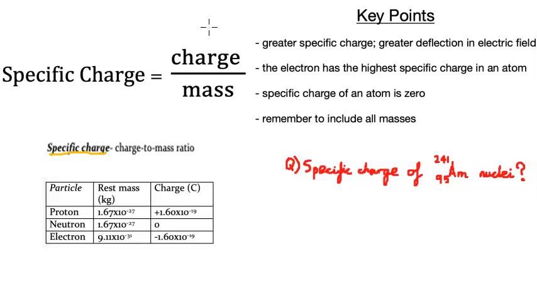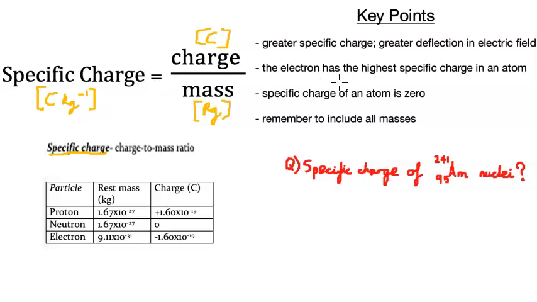The charge is given in coulombs, so C, and for the mass you use kilograms. What this means is that specific charge units are coulombs per kilogram, so that's C kg^-1. This is one of the few formulae that aren't actually in the formula booklet, and so it's really important you memorize this. Something to note is that this is essentially the opposite of m/z values in chemistry, and so hopefully